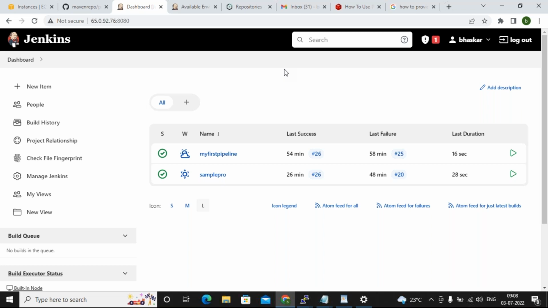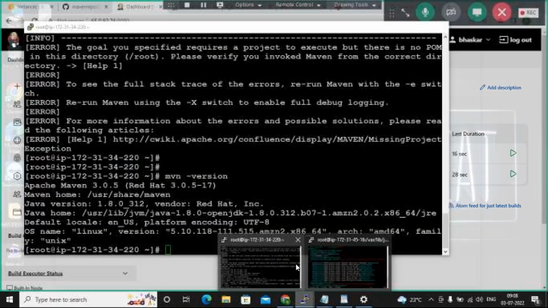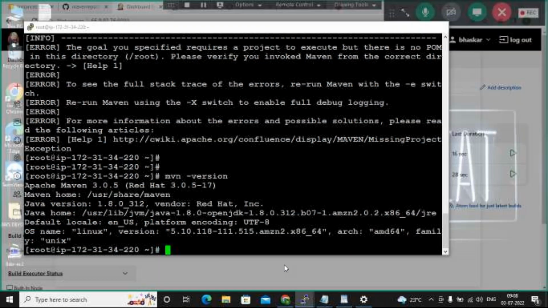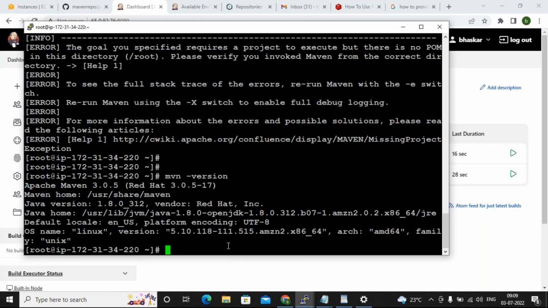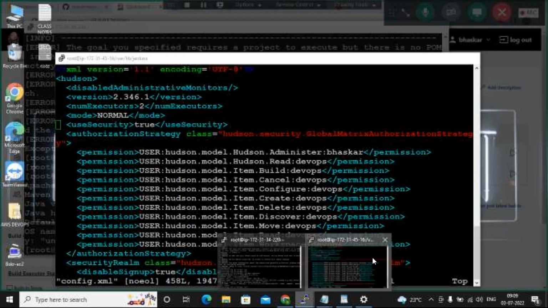In real time, backups are always very, very important, guys. There are multiple ways you can take the backup. Maybe you can write a shell script. Later, if you don't know shell scripting, we'll see that. Now this var lib Jenkins folder is there, right?